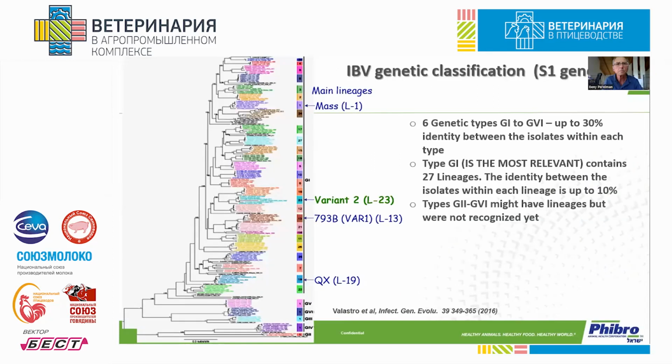Now, we can see here the list of the genotypes of bronchitis. Up to now, we have 6 genetic types, from G1 to G6, and the most important and most relevant viruses of infectious bronchitis are contained in genotype 1. In genotype 1, we have 27 lineages, or 27 different variants, and inside these lineages we have different viruses. As you can see, variant 1, variant 2, all these 793B, that is the variant 1, the QX strain, are all contained in the group that we call G1